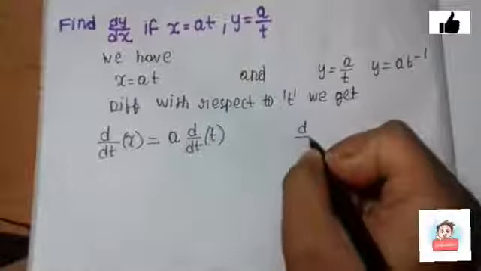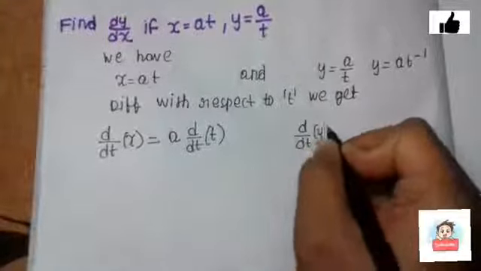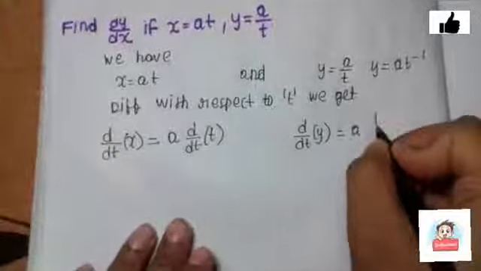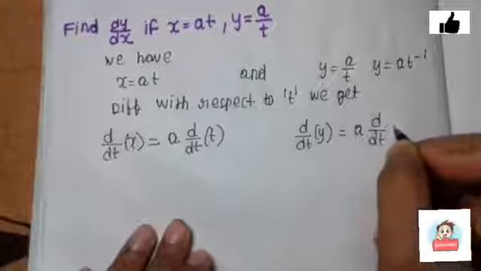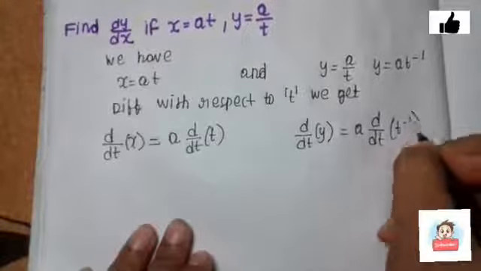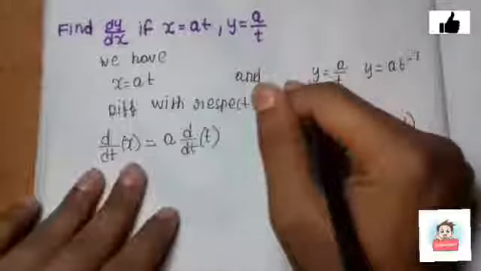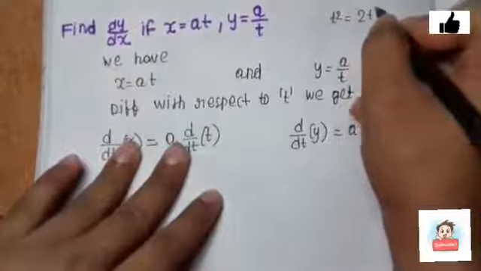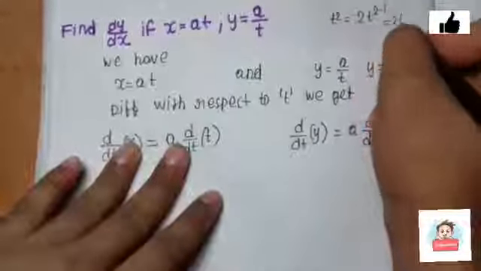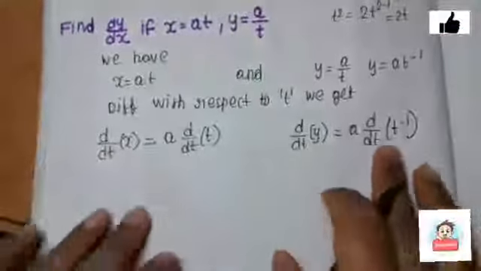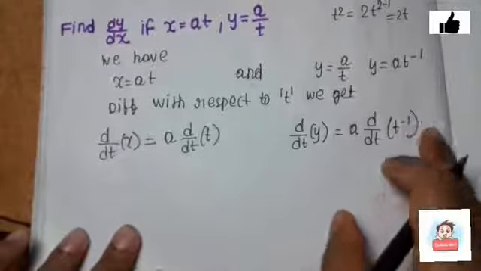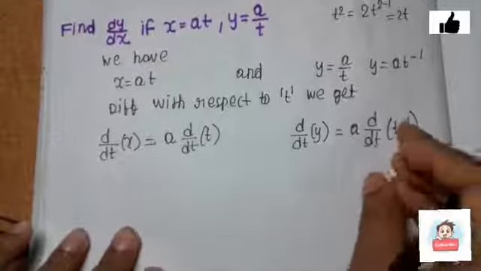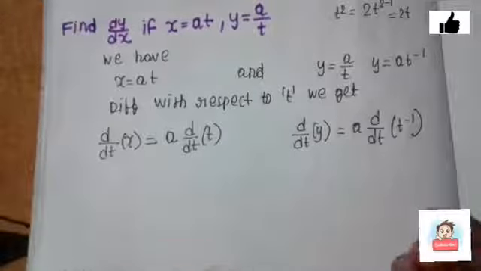So just see that we need to differentiate the value t over here, and now we will write the statement of y. d by dt y equals to, a will come out as usual like x, d by dt equals to t minus. We have seen in sums that if it is t whole square, we write 2t, 2 minus 1, it's 2t. The answer is 2t. But in this sum over here we see that the power of t is negative. Then how will we solve this?